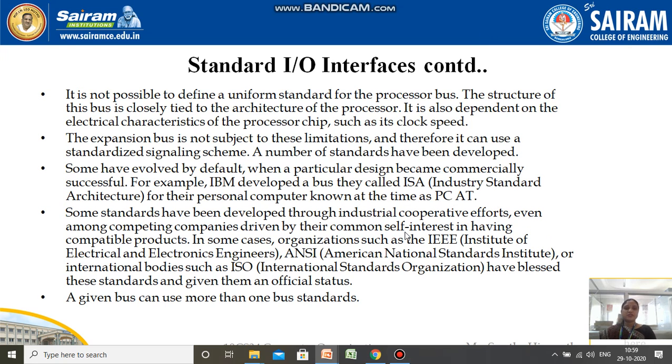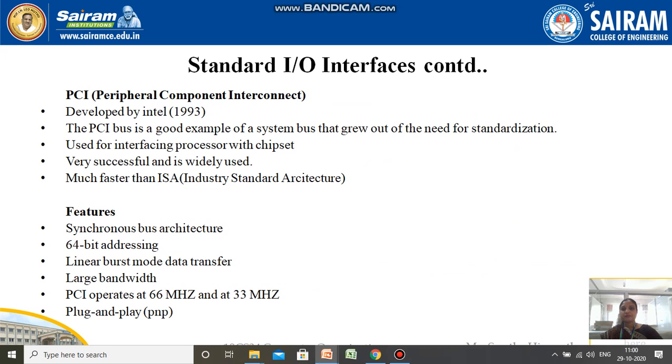So we have some standard interfaces which can be used in order to provide service to the other devices which want connection to the processor. Mainly we are studying three different standard IO interfaces. One is the PCI bus, the other is the SCSI bus, and the third is the USB bus. These three we will be studying in detail.